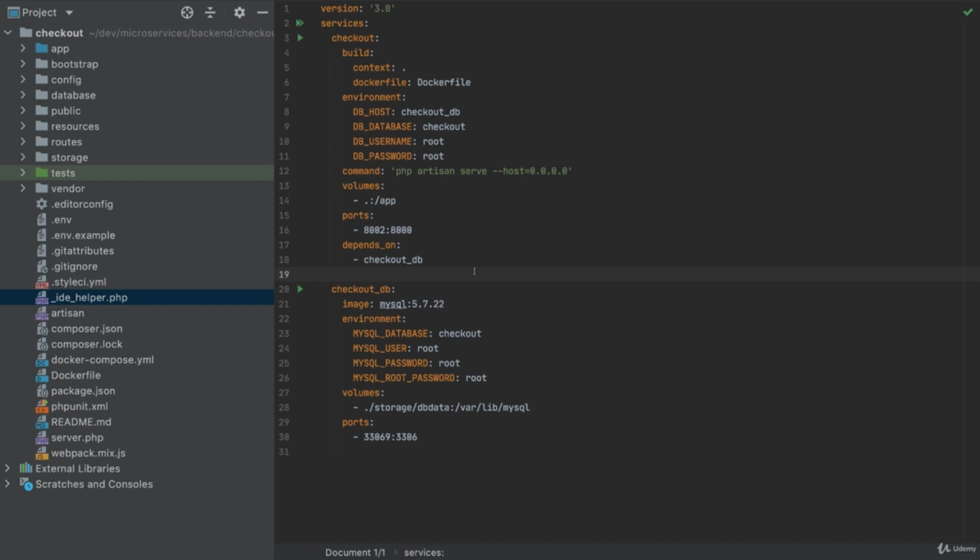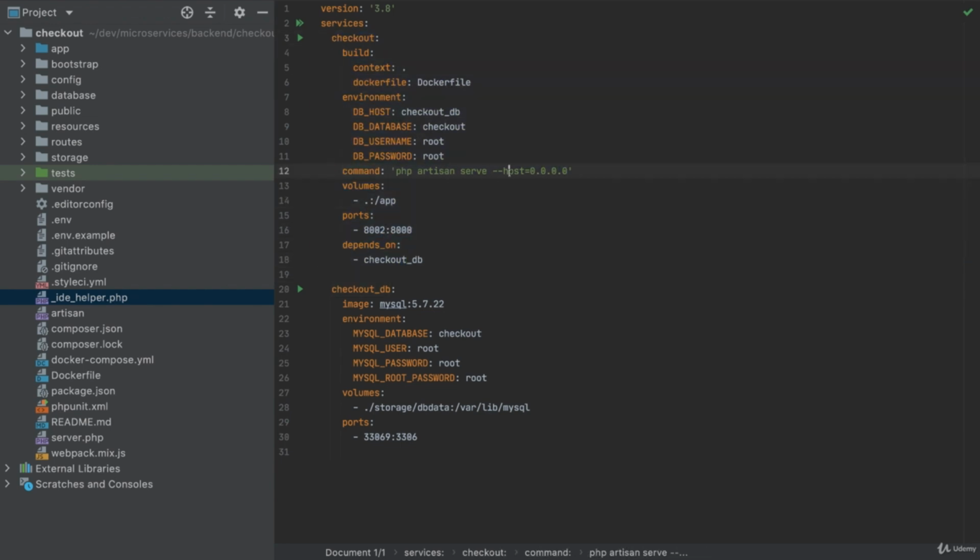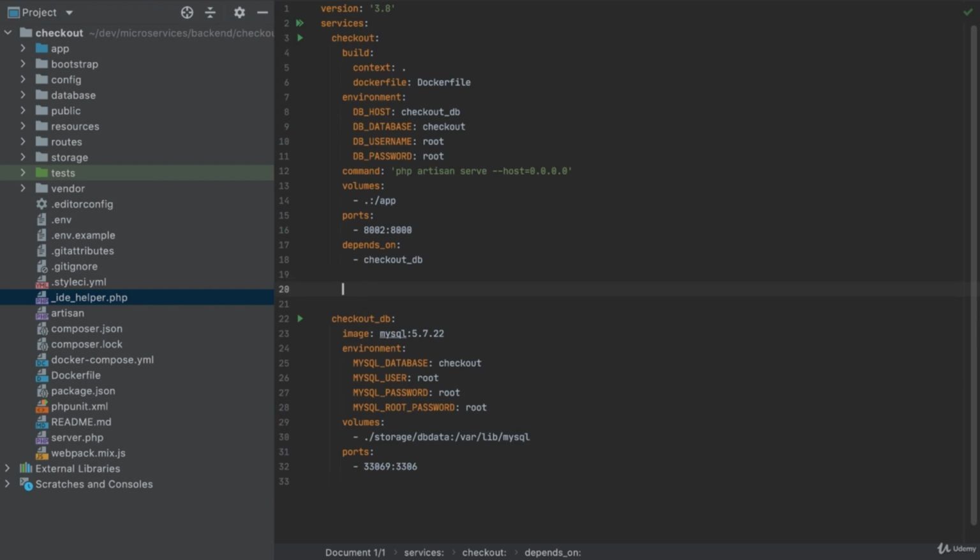We added all the events and listeners, but now we need to run queue work in order to listen to the events. How do we do that? Since in the checkout here we run the command php artisan serve, how do we run also the queue work command? The solution for that is to add another service here, which is queue,